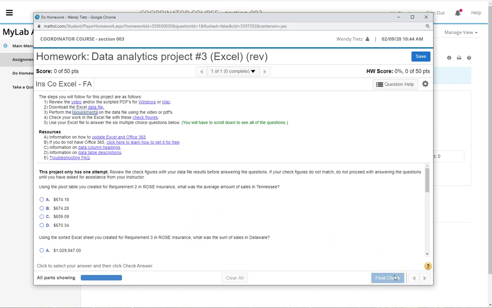Now, if you do have another attempt allowed to you, once you finish and do your final check, then you will see a button down here in the same place saying similar exercise. You can click on that, and the important thing to know is your data file will be different. You cannot use the same data file for a second attempt or for a different exercise.